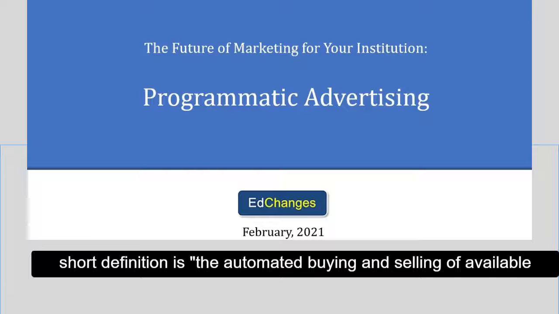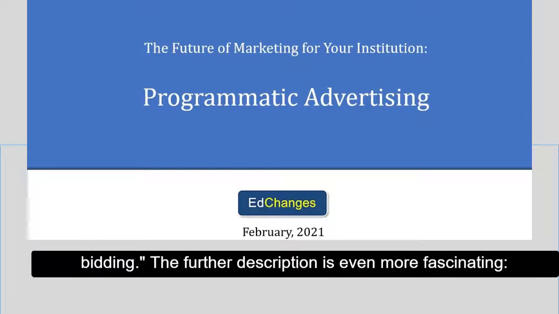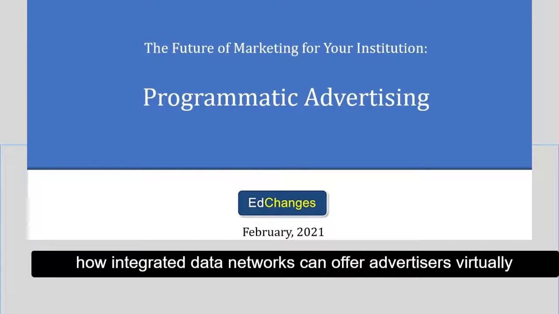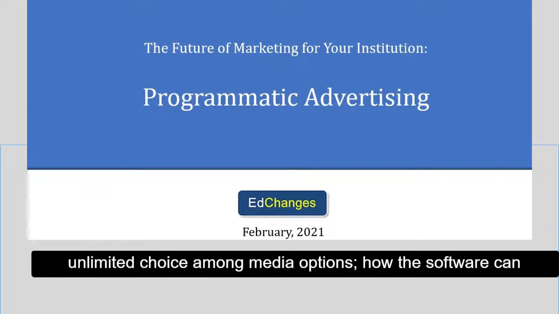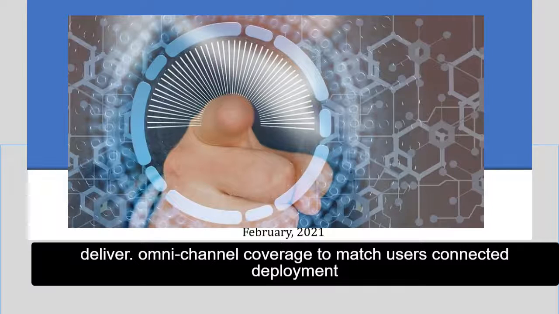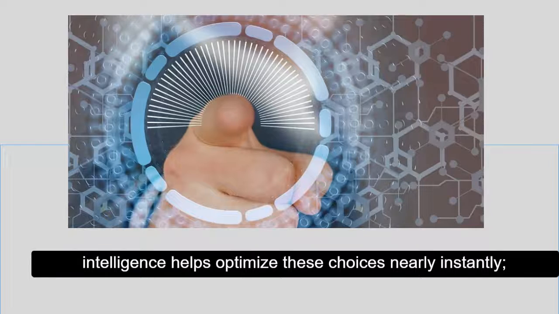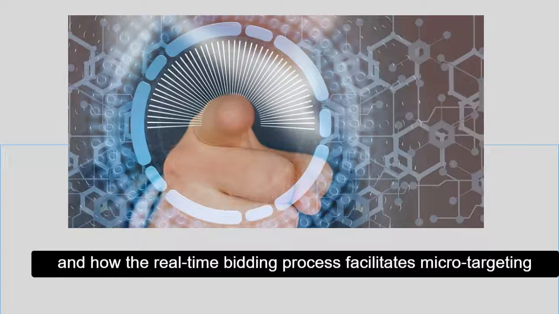One short definition is the automated buying and selling of available online ad space based on bids from advertisers using real-time bidding. The further description is even more fascinating: how integrated data networks can offer advertisers virtually unlimited choice among media options, how the software can deliver true omni-channel coverage to match users' connected deployment of cell phones, laptops, tablets, and even television, how artificial intelligence helps optimize these choices nearly instantly, and how the real-time bidding process facilitates micro-targeting